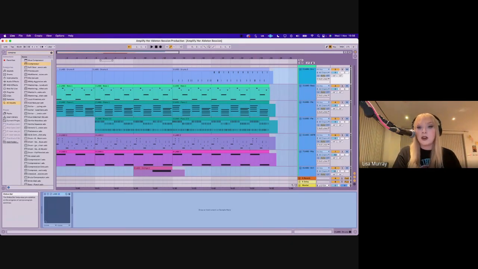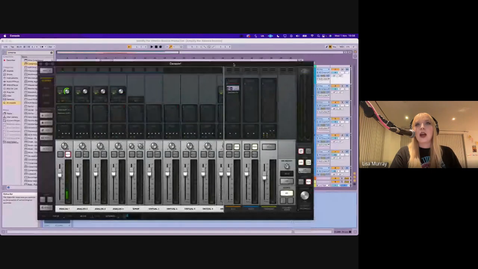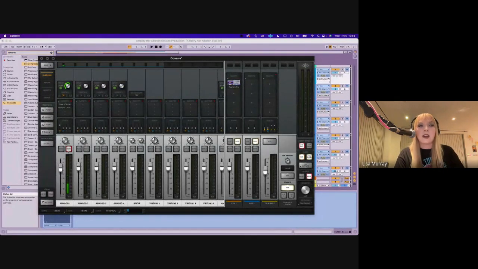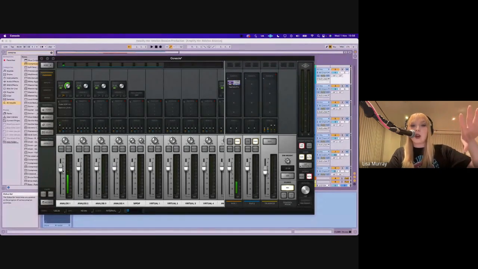And then if that doesn't work, depending on your interface, so I have a UAD interface, and every interface should let you do this, I can monitor directly through my interface. This bypasses Ableton. The annoying thing is you won't be able to add your reverb and plugins that you want on your track. But if the latency is so bad that you can't hear yourself and can't stay in tune or on time, then try to monitor through whatever driver console your audio interface has, and you should be able to track with literally zero latency, because it doesn't go through that stage of converting into the DAW before you hear it in your headphones.